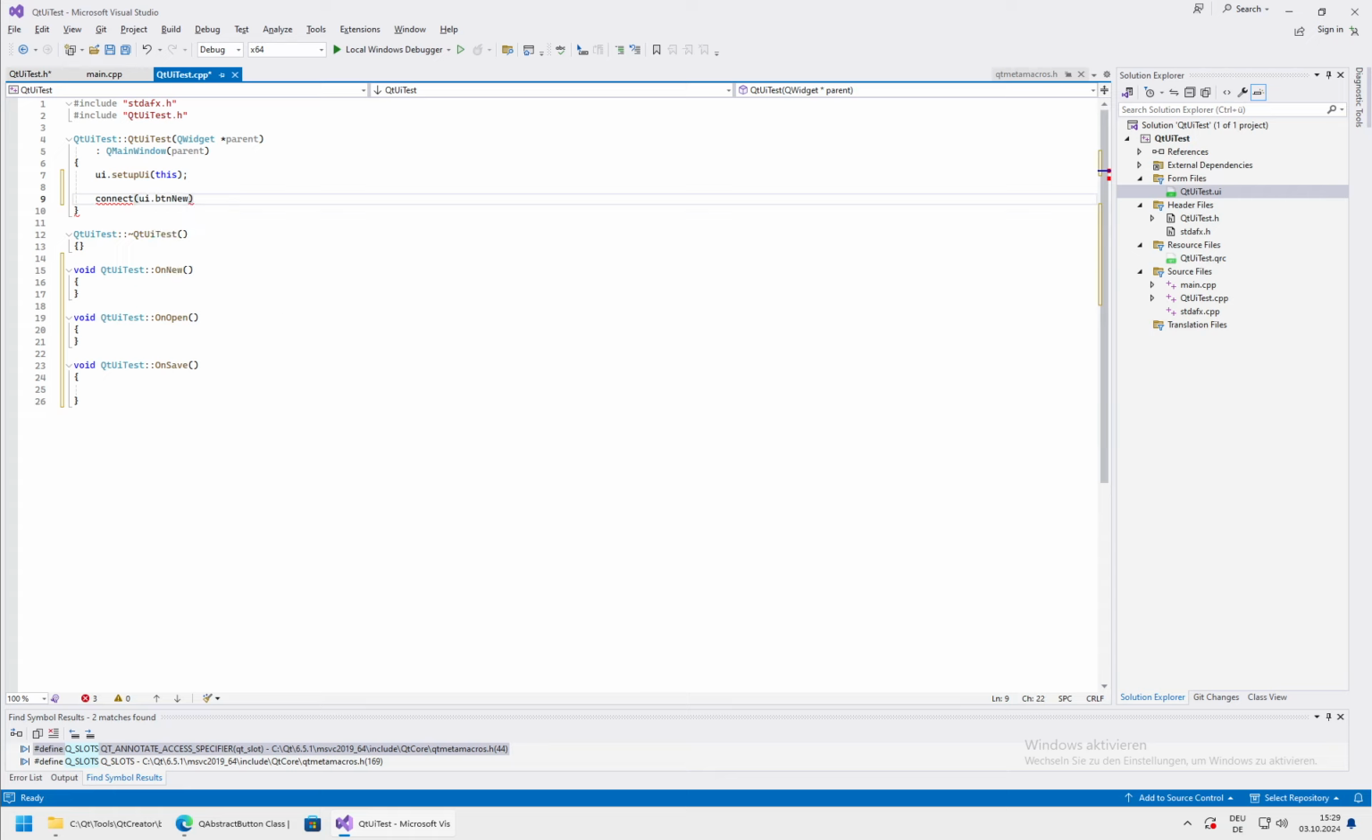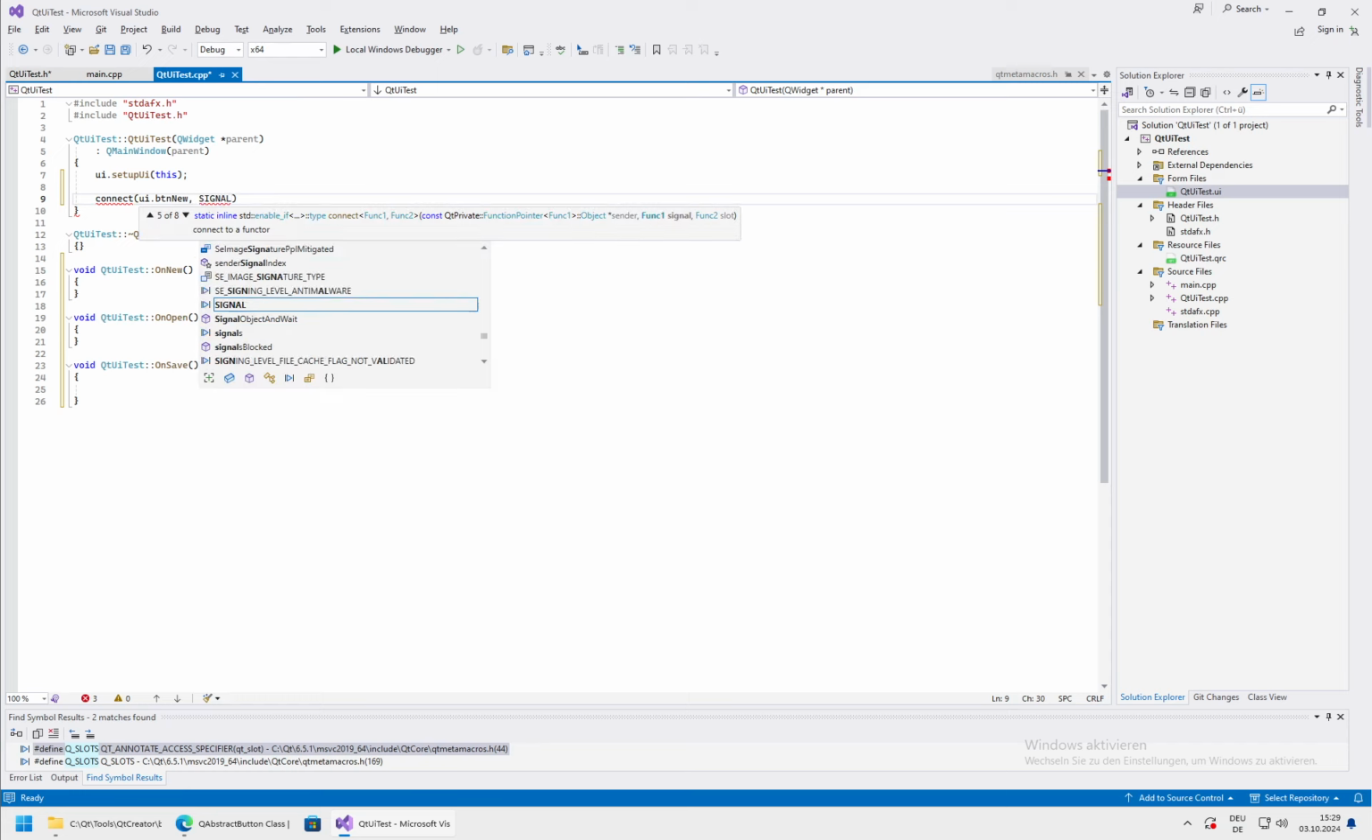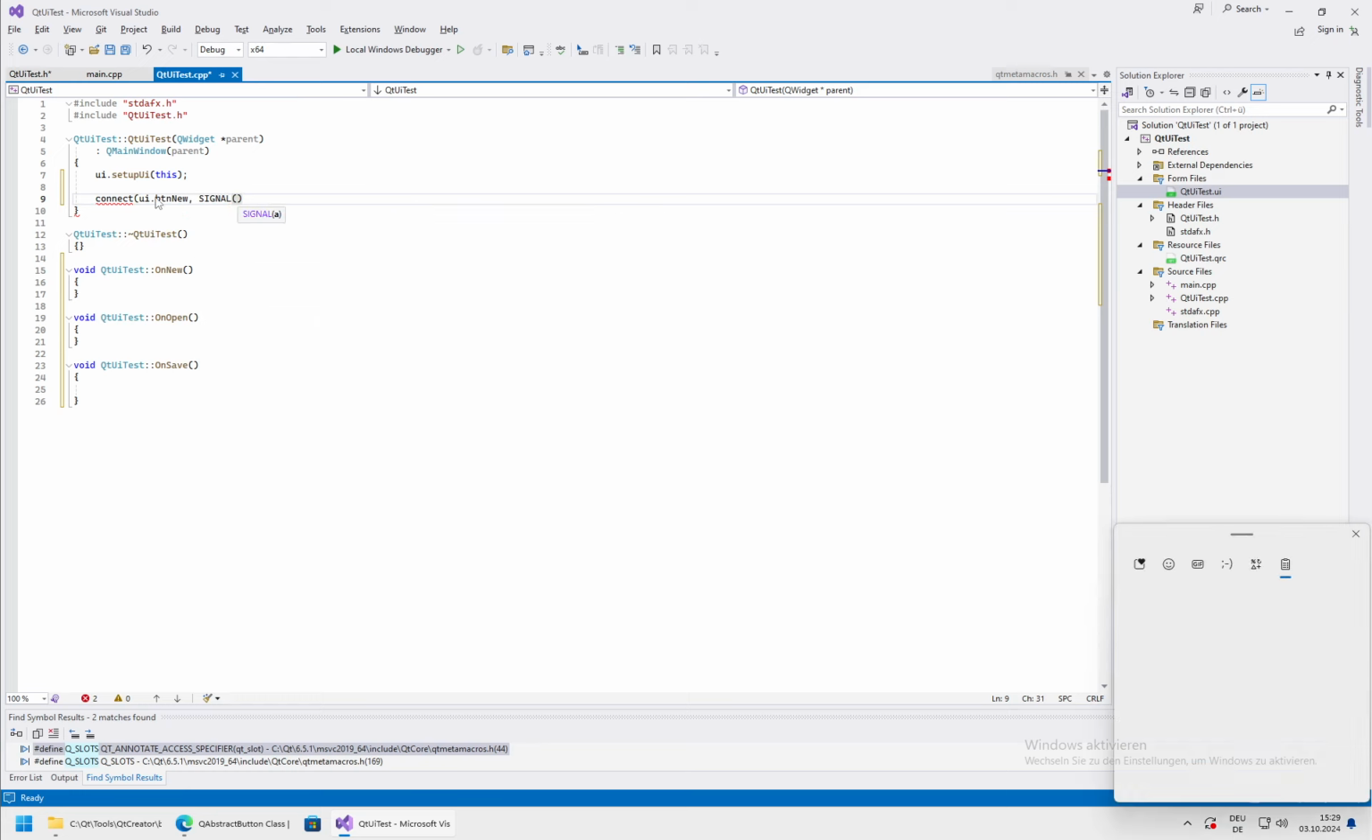so new signal. We copied the signal some time ago. So the signal needs to contain the argument list. The reason is that we could have multiple signals with different argument lists. So